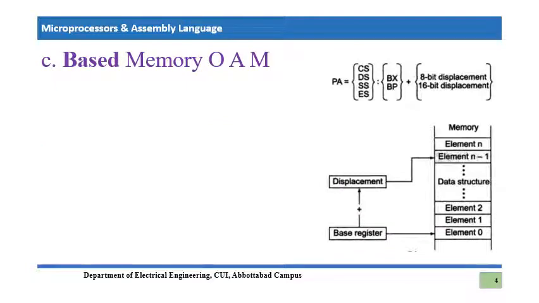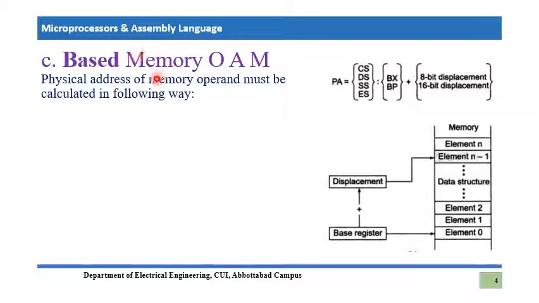Memory operand addressing mode. In any memory operand addressing mode, one of the operands in the instruction must be a memory location, and whenever a memory location is involved in an instruction, there must be some calculation of the physical address of that specific memory location. So in based memory operand addressing mode, that physical address calculation involves the effective address, and the effective address